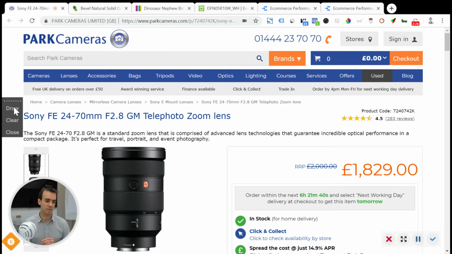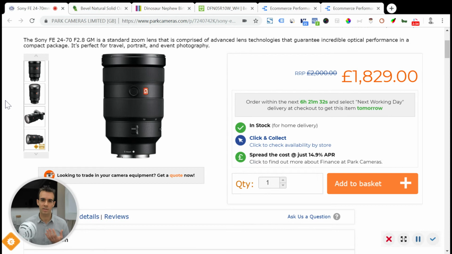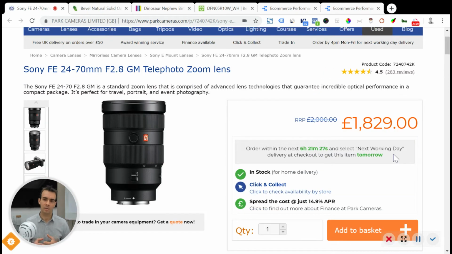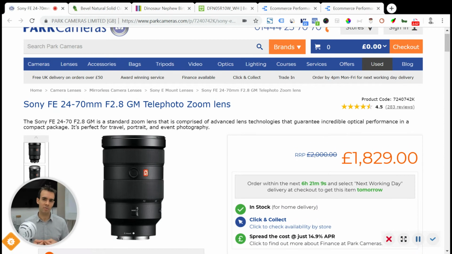So here is an example for Park Cameras. They sell cameras and camera-related products. This is one of their typical product pages, and they're doing a lot of really good things here. Something I really like is this time urgency message, which is trying to get me to add to basket and complete my order within a certain time frame, about 6 hours, so that I can benefit from next day delivery. But where they're probably missing a trick, in my opinion, is there's very little information on this